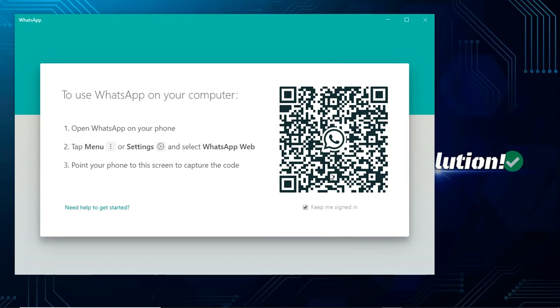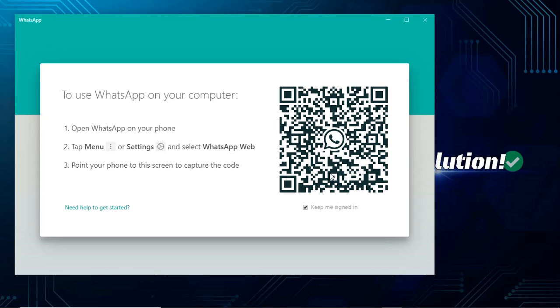Now the installation process is completed. You can read from here. They say to use WhatsApp on your computer: 1, open WhatsApp on your phone. 2, open menu, settings, WhatsApp Web on your phone, and point your phone to this screen to capture the code. And that's exactly how we are going to do it,